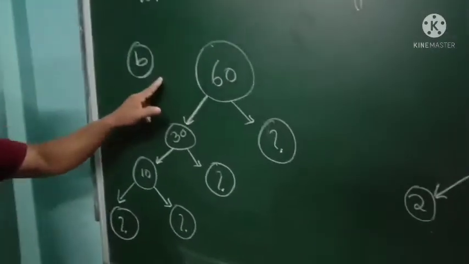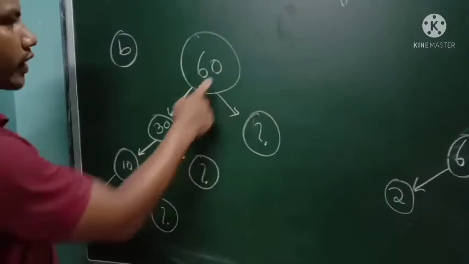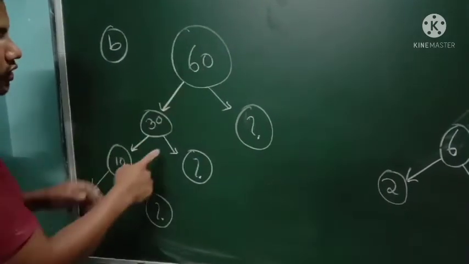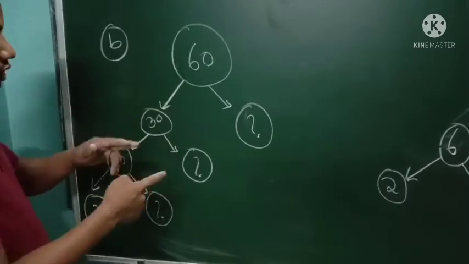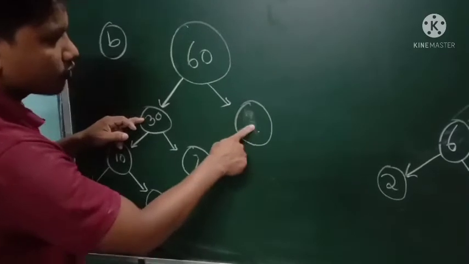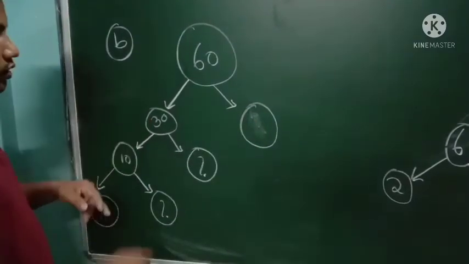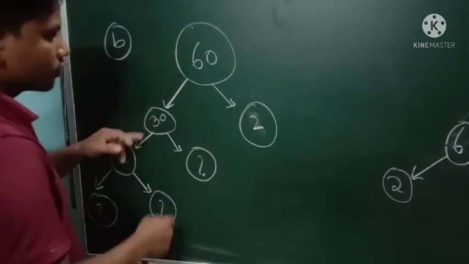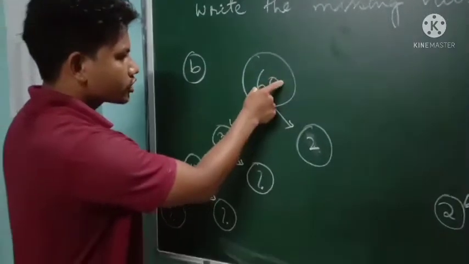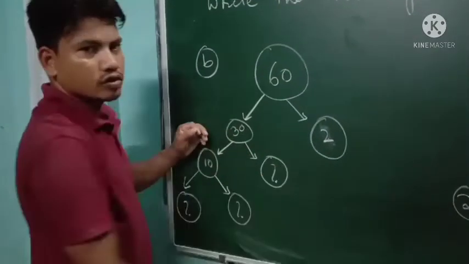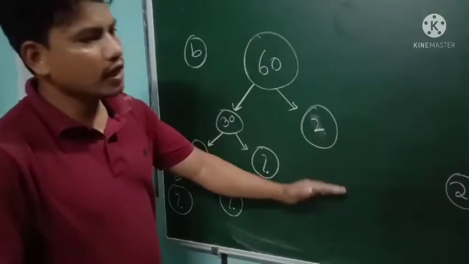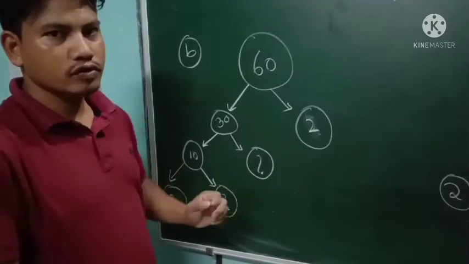Again, question number B. In this question number B also you have 60, and we can find its factors. Suppose 30 is there. Then what number will be in this question mark? If you multiply 30 into 2, you will get this 60. Then for this 60 we can write the factors 30 into 2. This 2 you need not factor again.